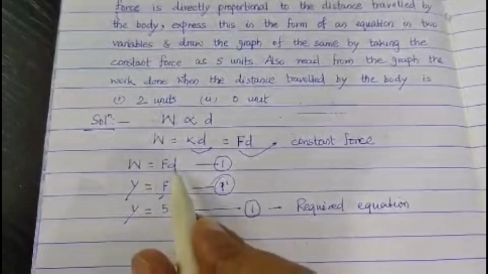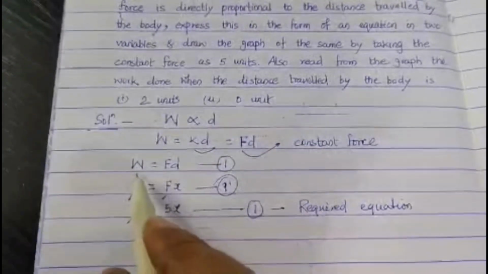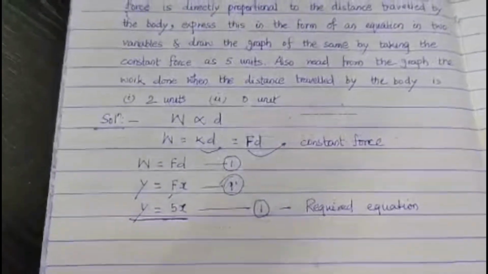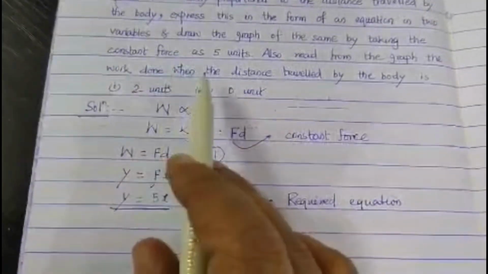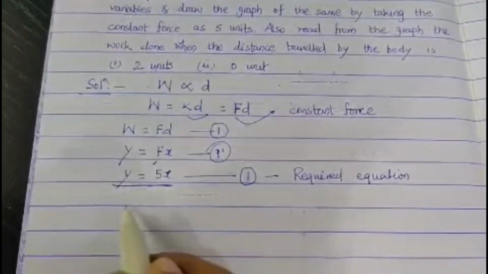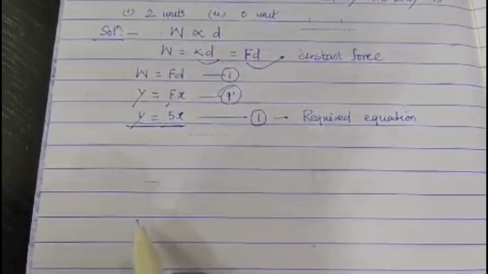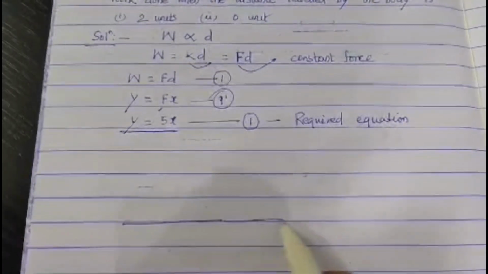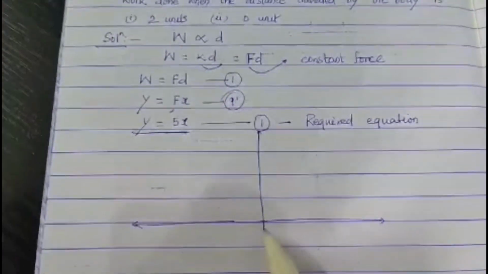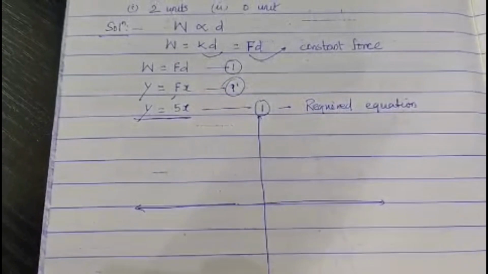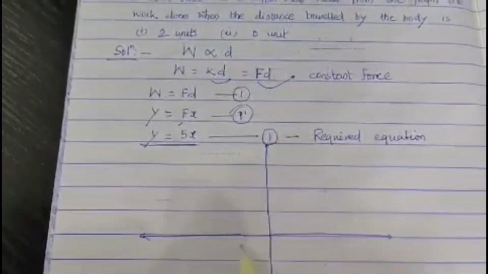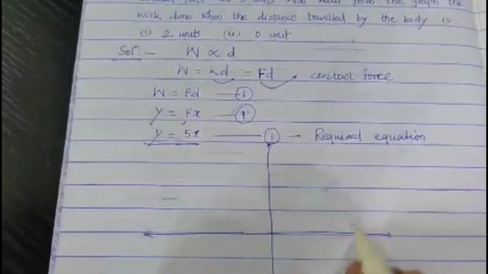So the distance D we will take in the x coordinate, and the work done y we will take in the y coordinate. So y equal to 5x will be the required equation, because we have been given constant force as 5 units. Now we will draw its graph. So it's very simple. Y equal to 5x, it will go through the origin, because we have studied earlier that any equation of the form y equal to kx will cross through the origin,